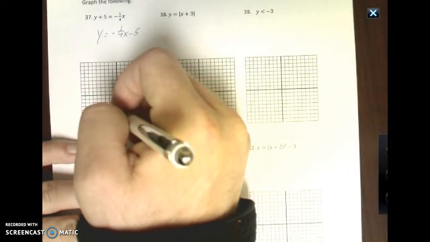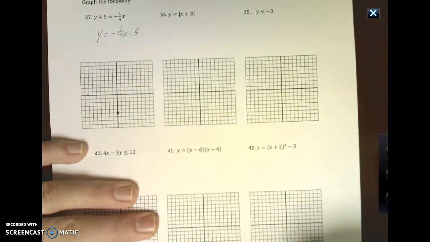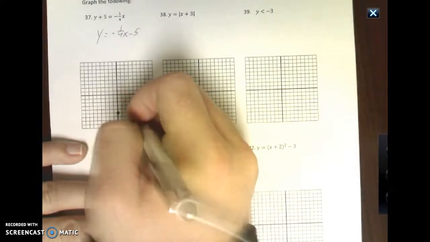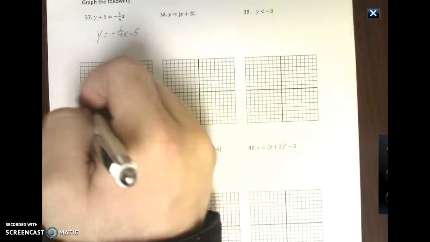So if I subtract 5 over, I get negative 1/4 x minus 5. Now I'm in the form of mx plus b. Okay, so my b is the negative 5. I go down 5, plot myself a point. My slope is negative 1/4, down 1/4. Plot myself a point. Once you have 2 points,